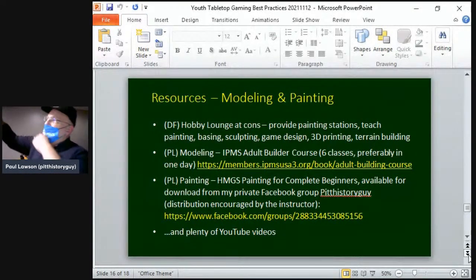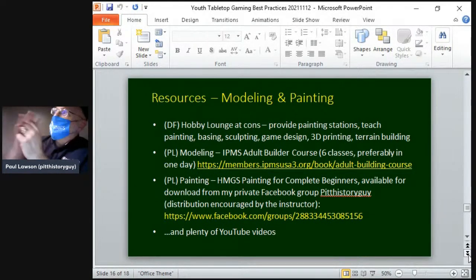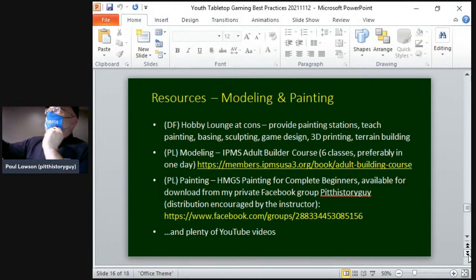In the same way, Dwayne does Hobby Lounge, just painting. I'm planning on doing the same thing. I want to get IPMS involved ultimately in my Pittsburgh group, along with all sorts of other stuff. Next to the gaming, IPMS has something I highly recommend, even if you don't join IPMS: